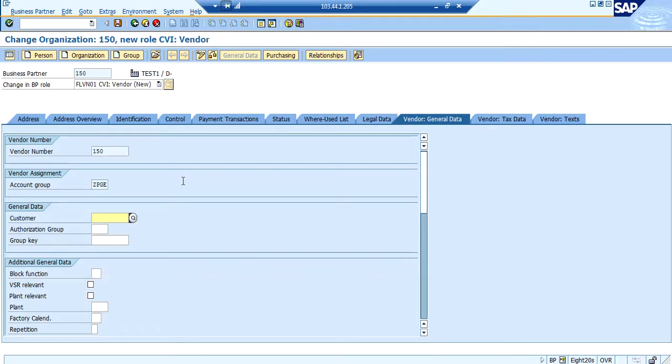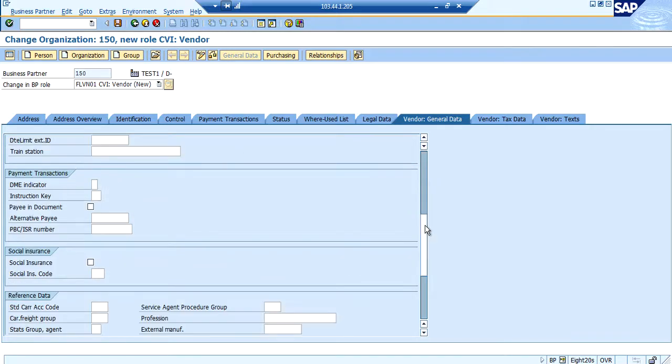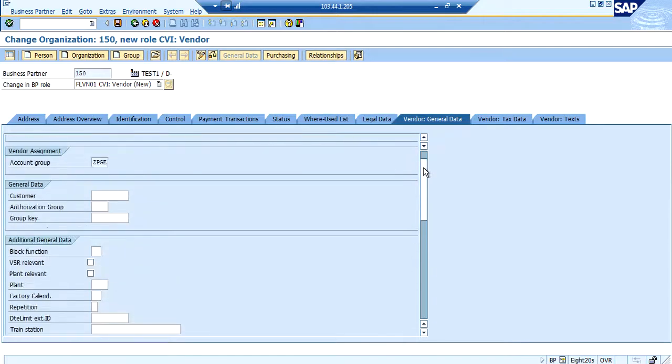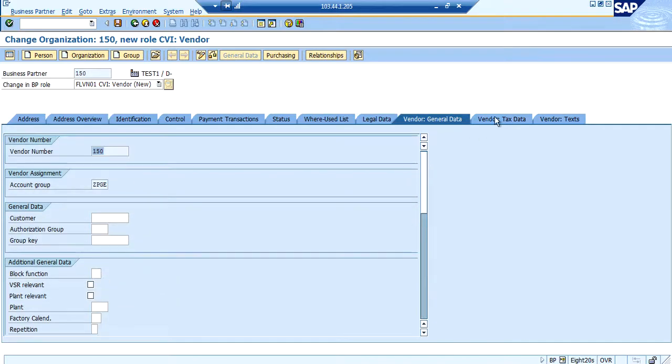Likewise, if you can see here, the vendor number is coming the same as the business partner number. That is because of the configurations we have done so far regarding the account group assignments to one another, the number will be the same. So this is how one has to configure business partner settings.